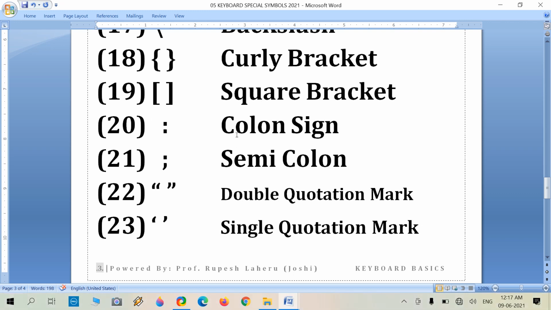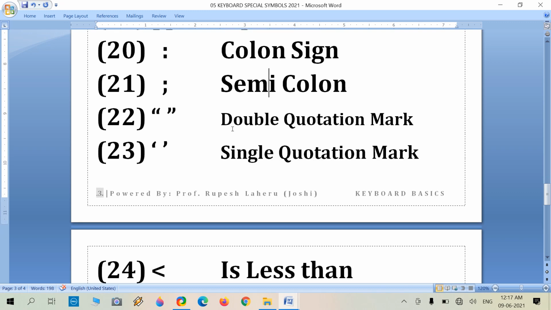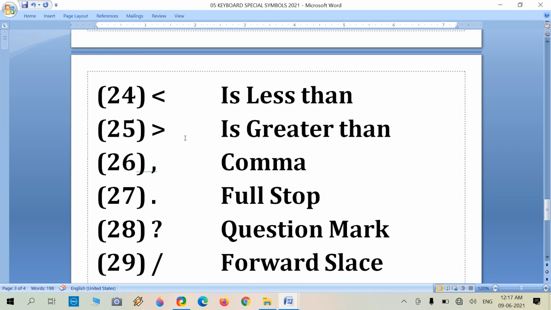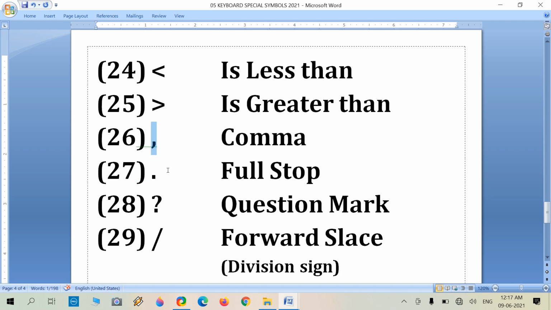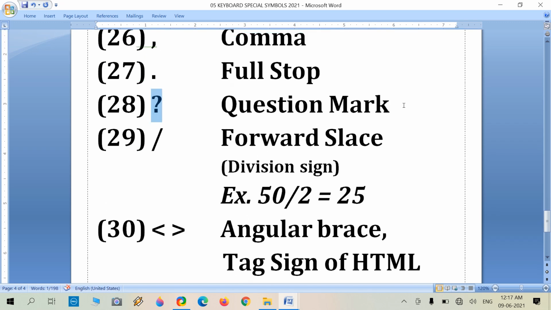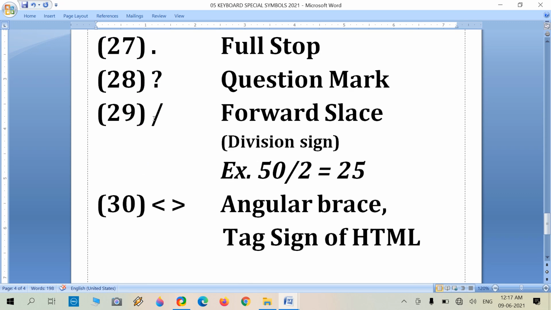Colon sign, semicolon, double quotation mark, single quotation mark we mostly use. This is less than, this is greater than. This is comma, the full stop, and this is the question mark, also known as the interrogatory mark.